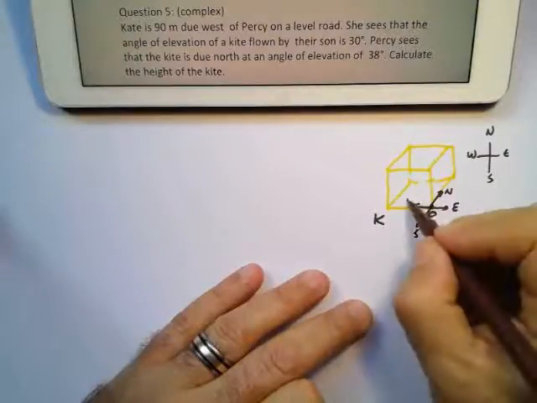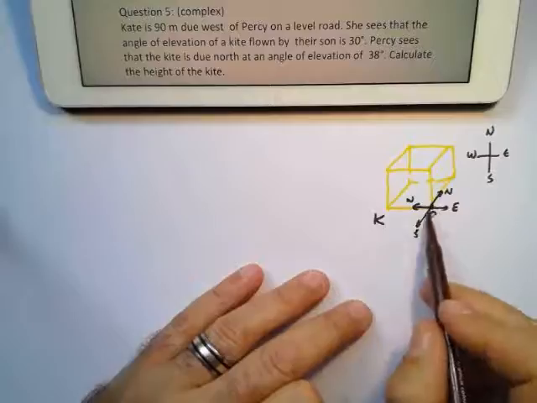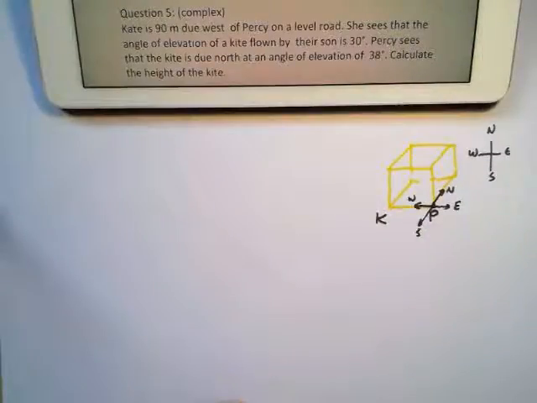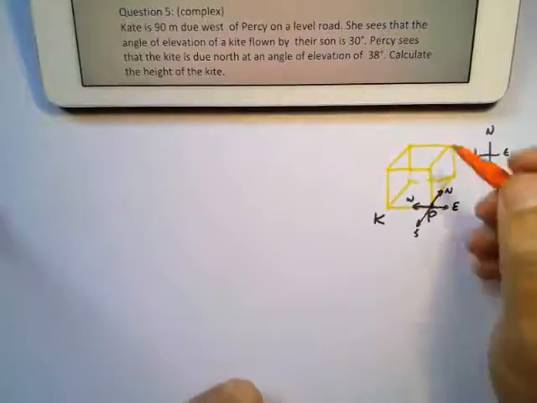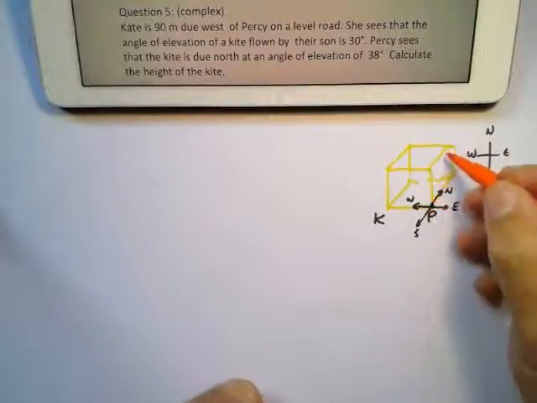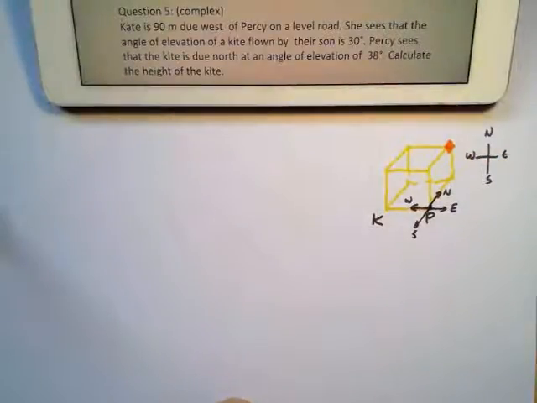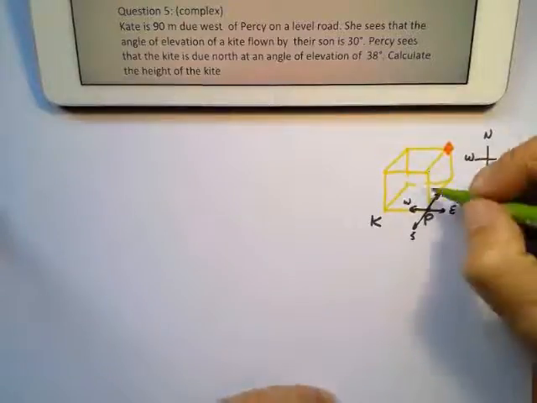So that is how the plane will look. So Kate is due west of Percy, Percy is looking north, and then he'll have an angle of elevation, so he's looking up and he sees the kite over there. So we're going to do that in the corner, and we're going to see that he sees the kite going there. So he's looking up,